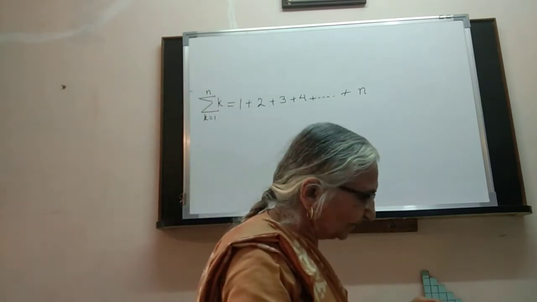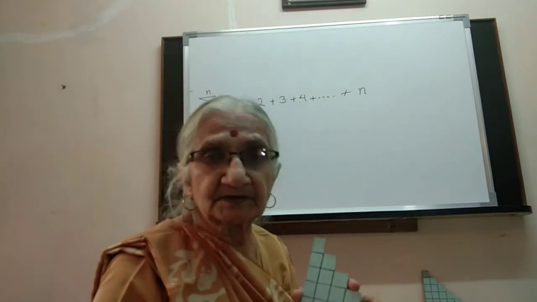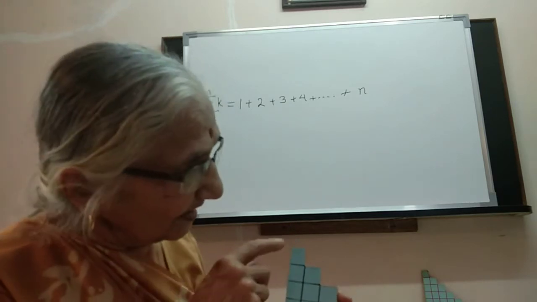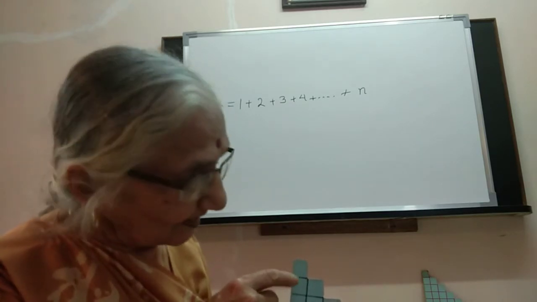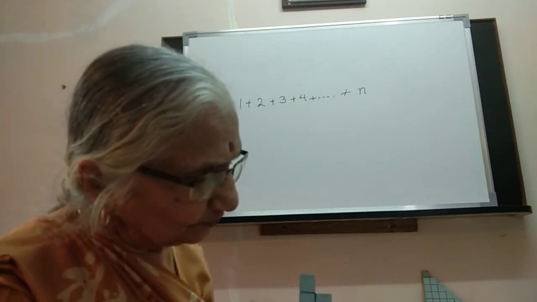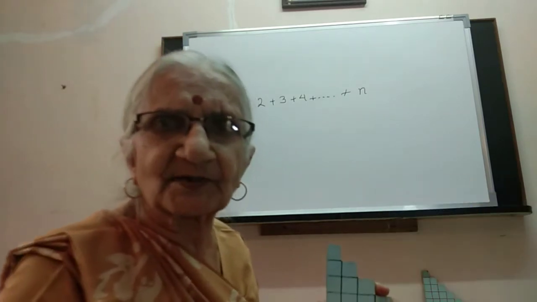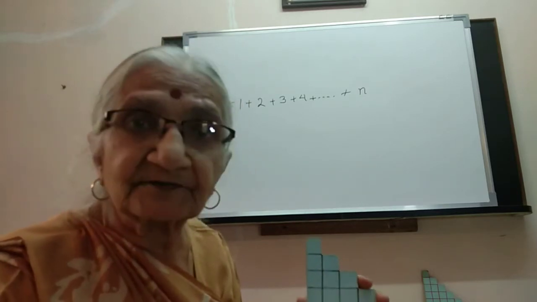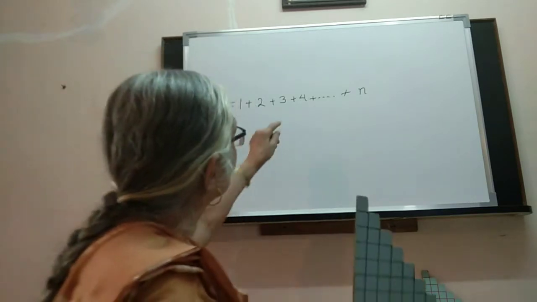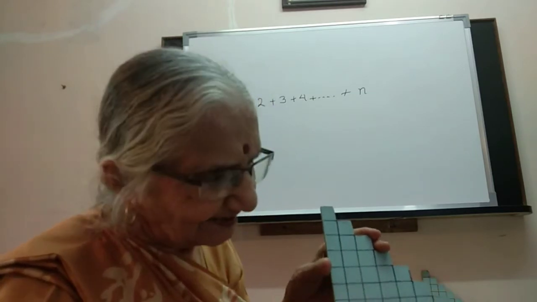Now we first have a look at the model for it. Now here is something for this formula. This is one square. Below here we have two squares, same size, two squares. Then 1, 2, 3 squares, 1, 2, 3, 4 squares, and so on. Now we know. We are simply adding one more square every time. How far are we going? Maybe there are some 10 or 11 rows here. We don't care. Just as we put dot, dot, dot, and the last is n. Here we put dot, dot, dot in our imagination, and the last is n.